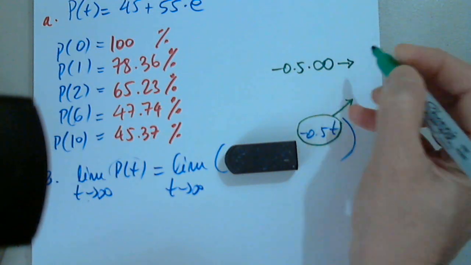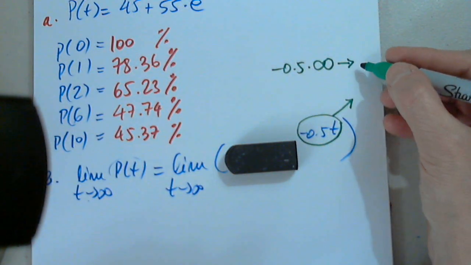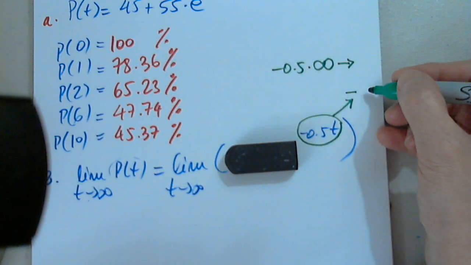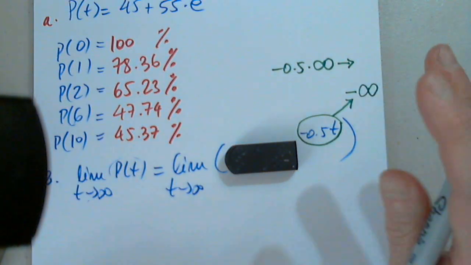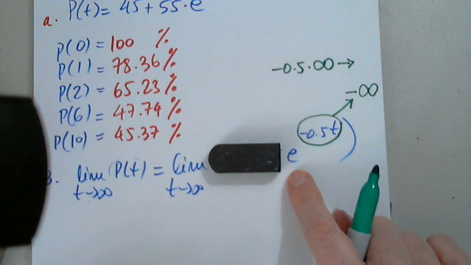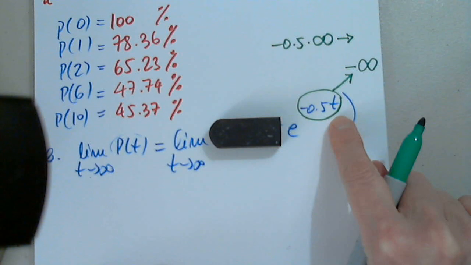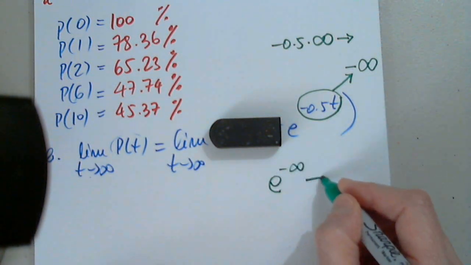What will this go? Negative what? Infinity. Negative infinity. Perfect. Stay with me. Now I want e to negative infinity. We have this in our notes from last time. e to negative infinity will approach